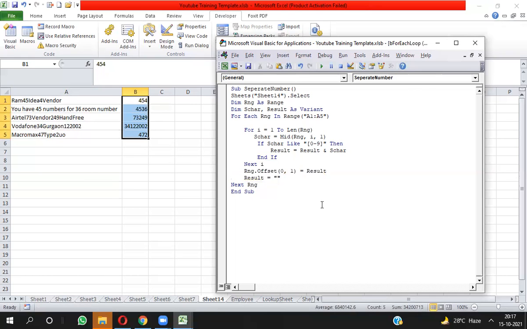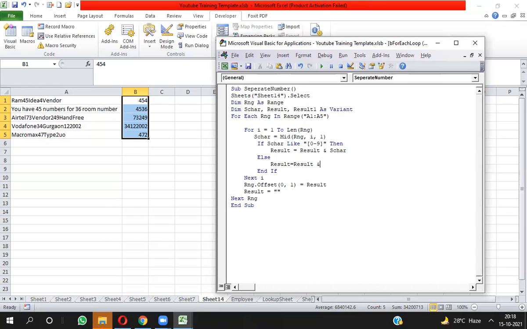Now I will let you know how we can separate text. You will have to write the Else part. Here I am declaring one more variable, result1. And here I will write result1 equal to result1 ampersand.